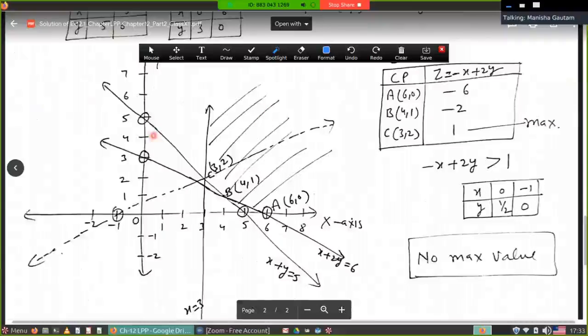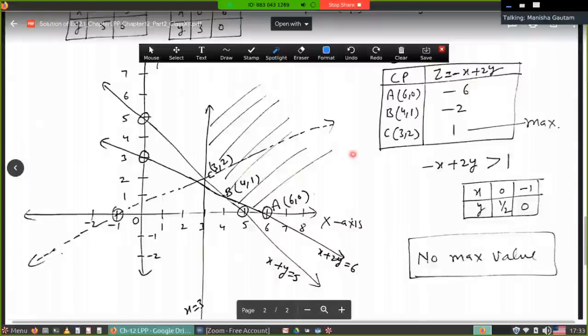After plotting the graph, you get corner points A, B, and C. And this is the unbounded region. These are the whole lines I have shown here. The shaded portion is the unbounded region. In this case, you have to maximize